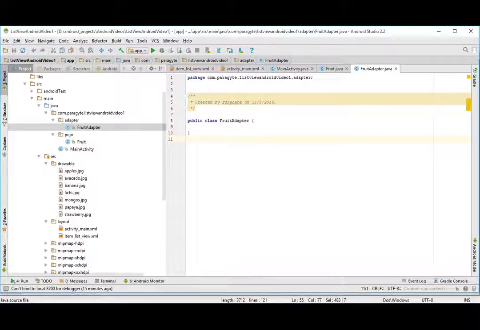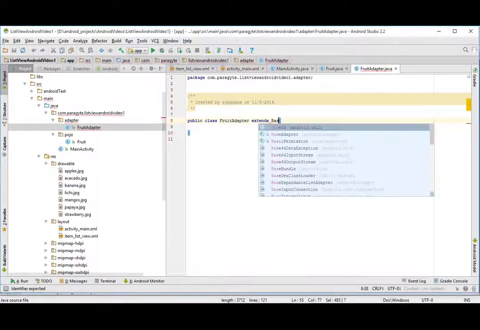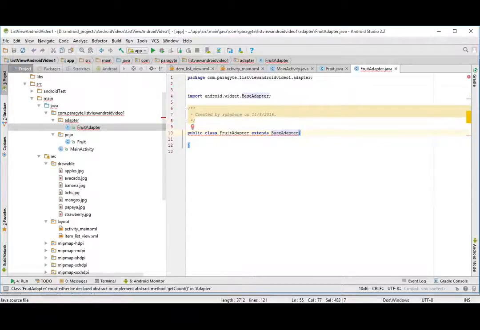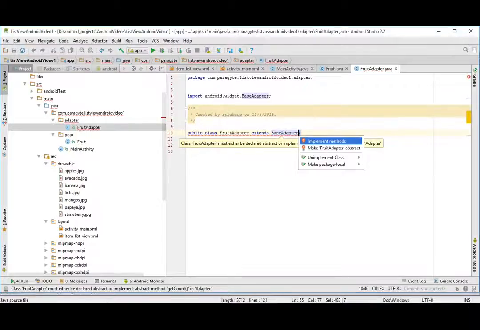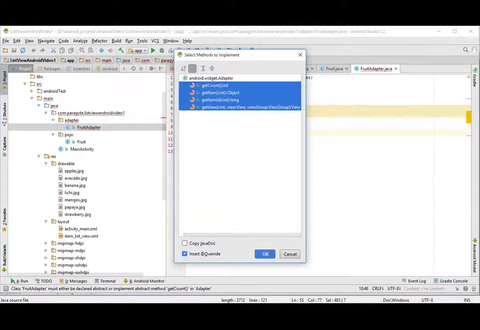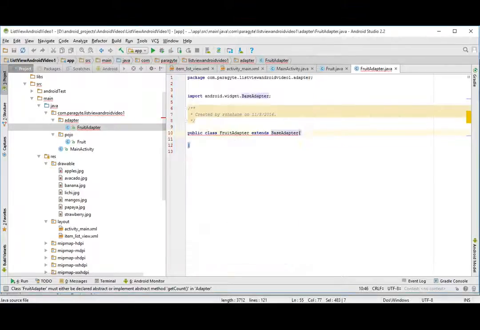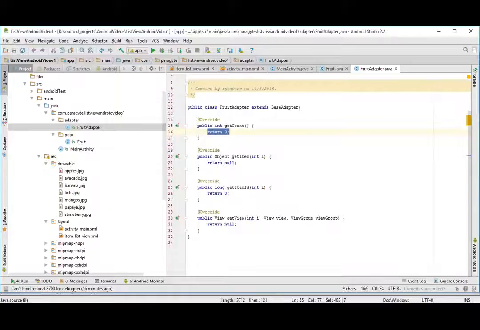So let's get started with this fruit adapter. You have to extend it with the BaseAdapter, and now it shows a red line because it tells us to override the methods of the BaseAdapter class. You can do it by the shortcut Alt Enter and implement methods. Okay, so these are the methods we want to override, so we are overriding it now. You can see the red line is gone,